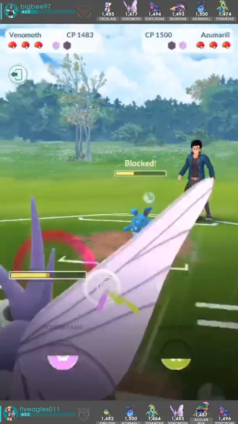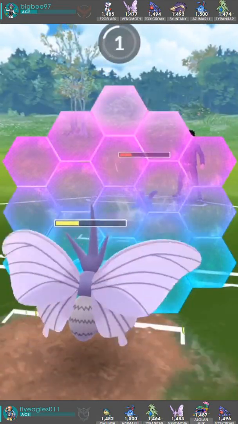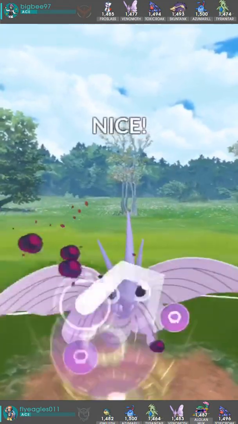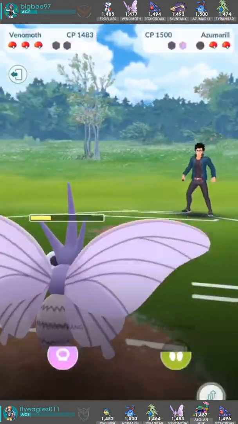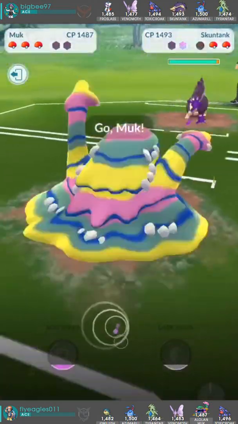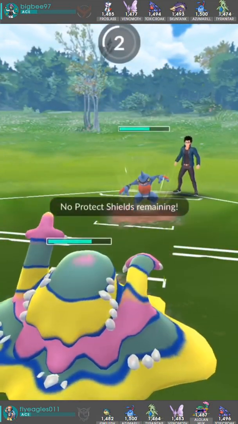This Poison Fang is going to do 1/3 of the Azumarill's health, and Azumarill decides to shield here. Now, does Flyeagles decide to shield? Yes, he does. So is he trying to keep his switch advantage? No, he's trying to switch, but he's going for the Poison Fang here. Is Azumarill gonna decide to shield? And it's not. So now, despite losing the lead, he is able to take switch advantage, but unfortunately, Flyeagles gives